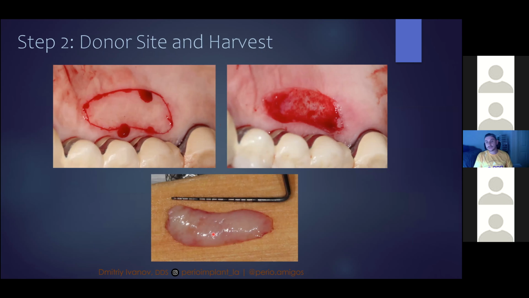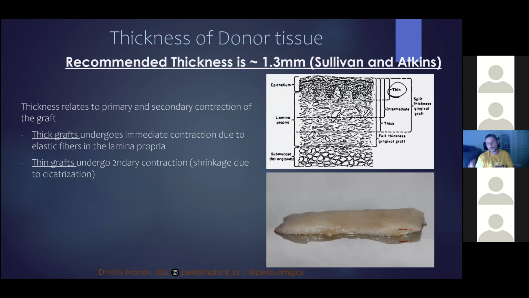This step two is harvesting your donor, right? Or donor site. The donor site is an epithelial tissue from the palate. I create an outline based on the size of the graft that I need. And in this step of a harvest, usually you want to be no thicker than 1.5 millimeters. If you look at this paper by Sullivan and Atkins, he recommends taking tissue no more than 1.5 millimeters, because